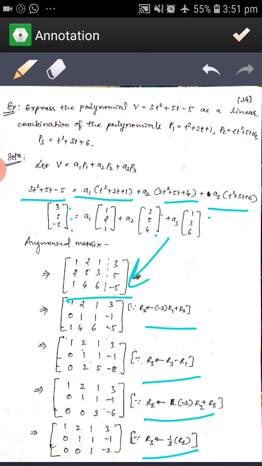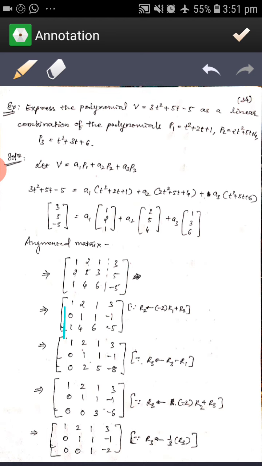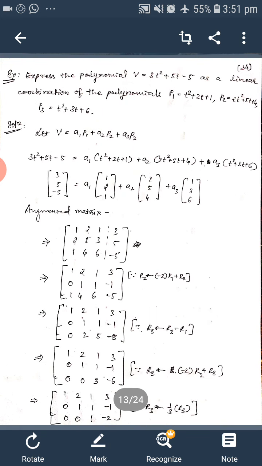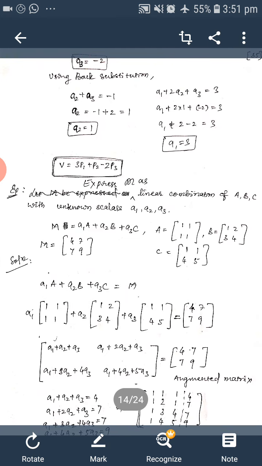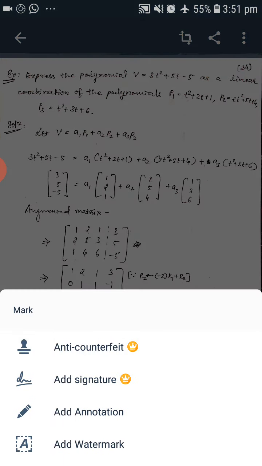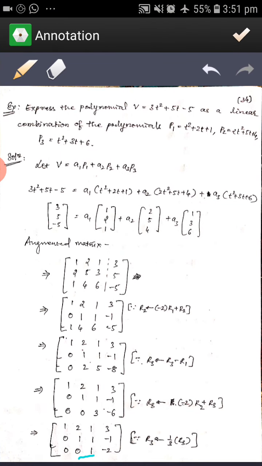So always with the row operations, we need to keep the top non-zero entry as it is, and in the second and third rows we need to make the pivot column entries 0. As I told, the lower triangle below the diagonal we need to make 0. After doing this, we can get 3 equations. Directly, the third variable is equal to -2. This is x3 or a3, whatever it is.